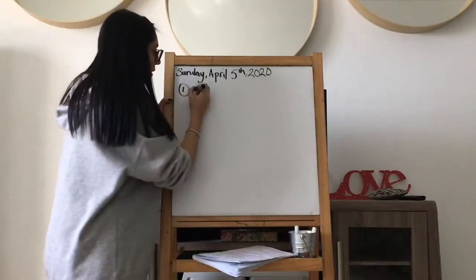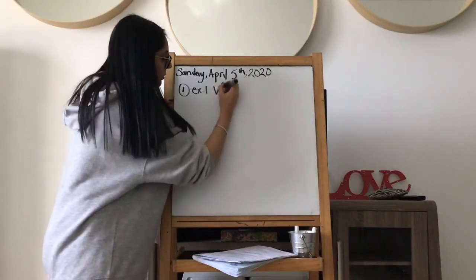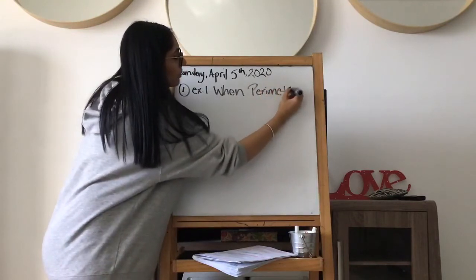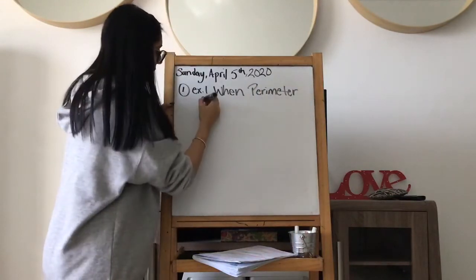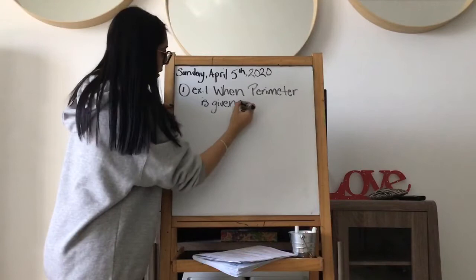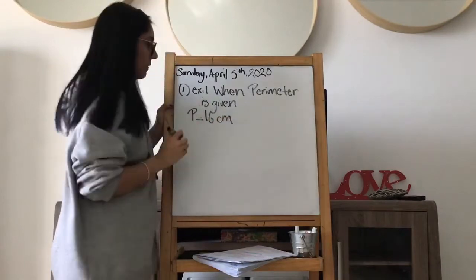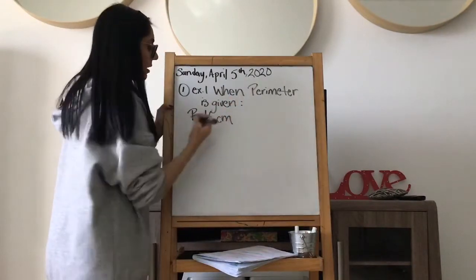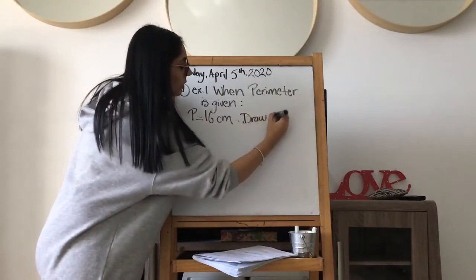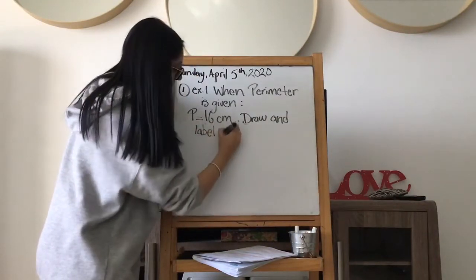First part though. Okay, this is the question that I'm giving you, right? So example 1, I have to give you the question. Sorry about that. Example 1, when perimeter is given, okay, so let's say I said perimeter is equal to 16 centimeters. Okay, that's the question. When your perimeter is given, and I'm saying perimeter is 16 centimeters, I want you to draw and label the